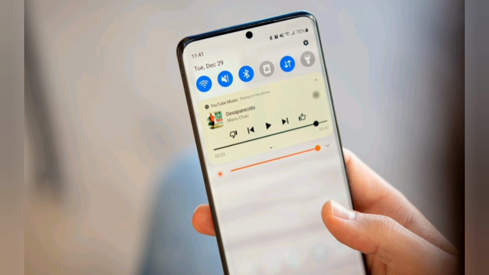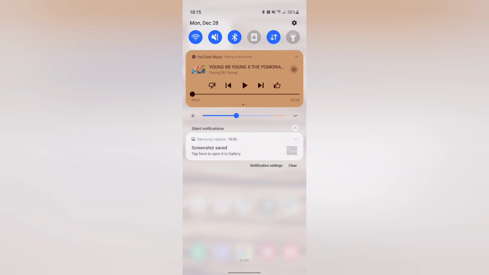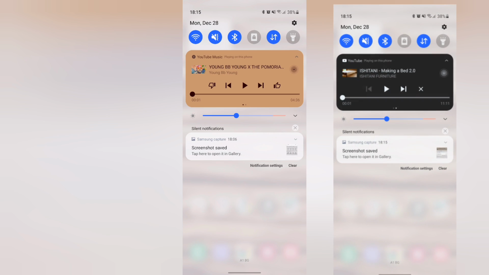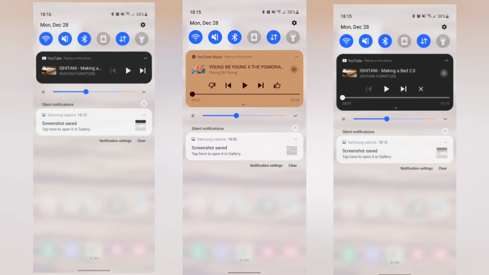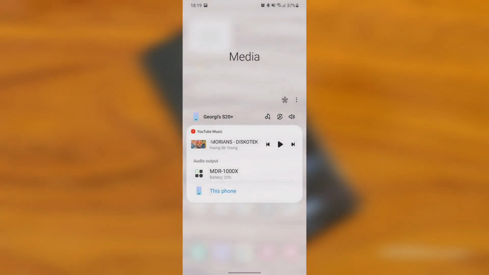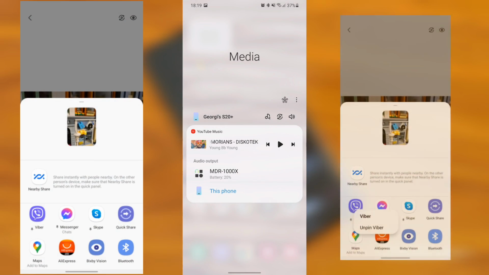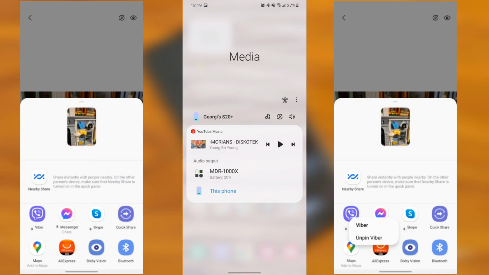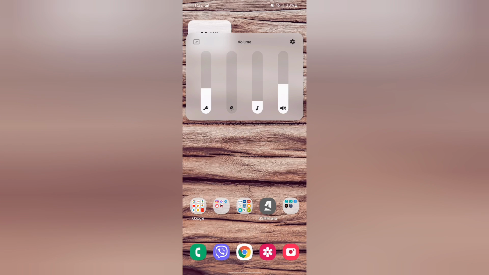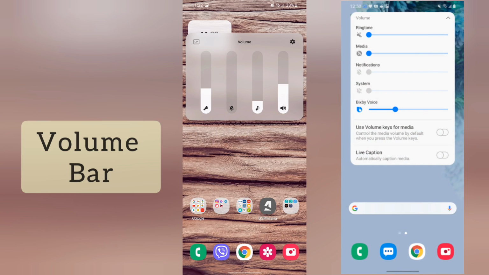Introduced with Google's latest OS version, the new media controls have been implemented in One UI as well. You get a stack of the active audio playback apps right below the quick toggles, and swiping to the side switches between the apps. The media screen was already available on One UI 2.5 pre-Android 11, and it offers similar functionality for picking the output device or using Samsung's Music Share feature. The volume control panel has gotten a makeover too, and now the 4 sliders are vertical instead of the horizontal ones of One UI's past.